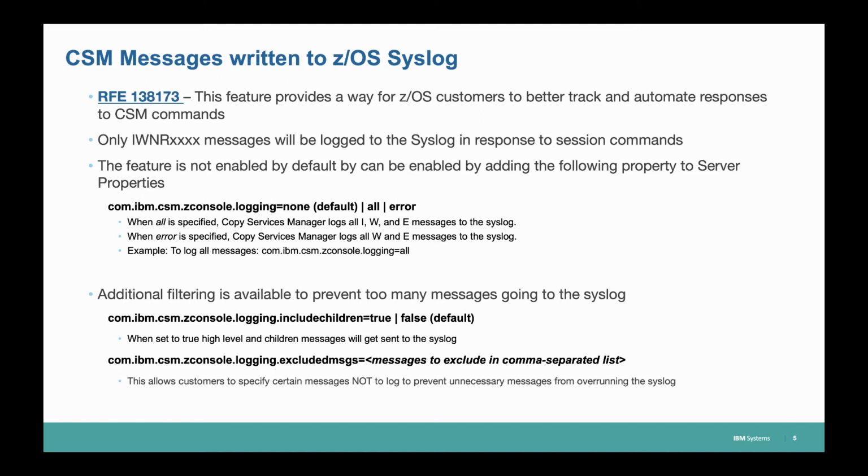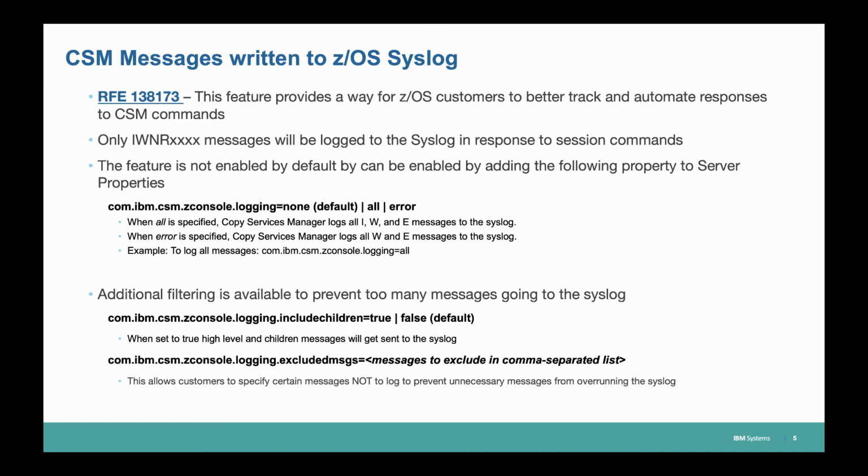So to prevent that from overrunning your syslog, depending on the number of volumes in your session, we have disabled the children messages by default. We figured that the majority of what you're going to be basing any kind of automation off of would be the main message. So if you did in fact issue a start and it failed, or issued a flash and it failed, you'd pick that up from the main parent message,